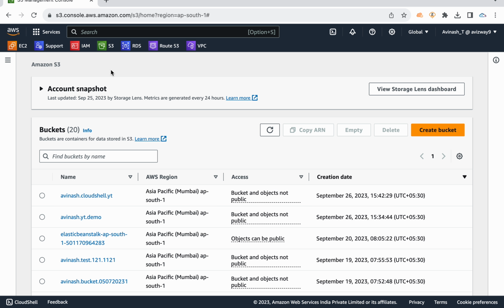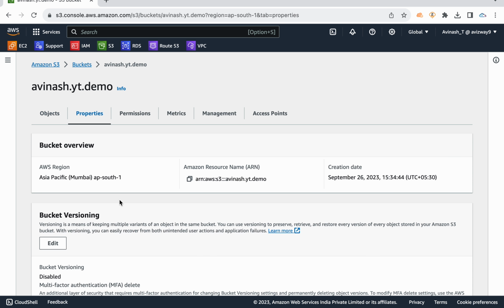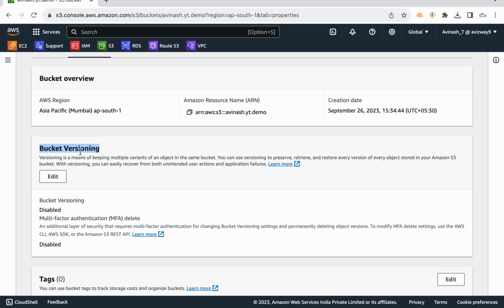Now, coming to S3 features, the primary feature is versioning. Whatever bucket we are taking, if you go to properties, we have an option called versioning. Versioning helps us protect data from accidental deletions. If versioning is enabled, whatever data we delete, we get a delete marker.